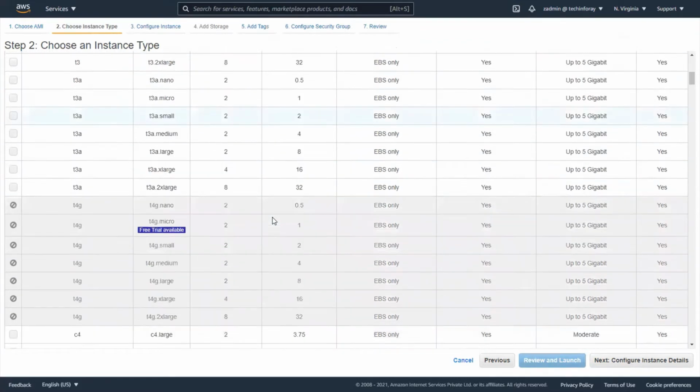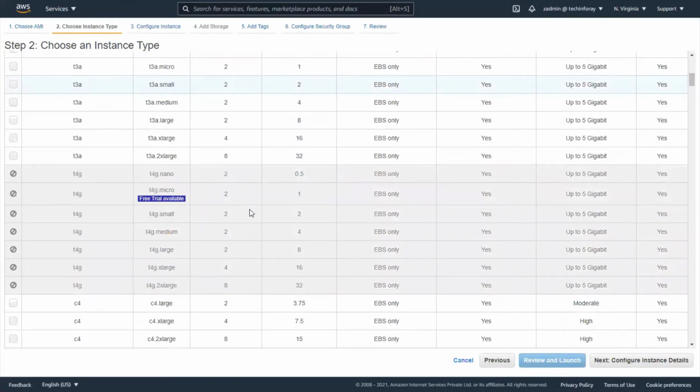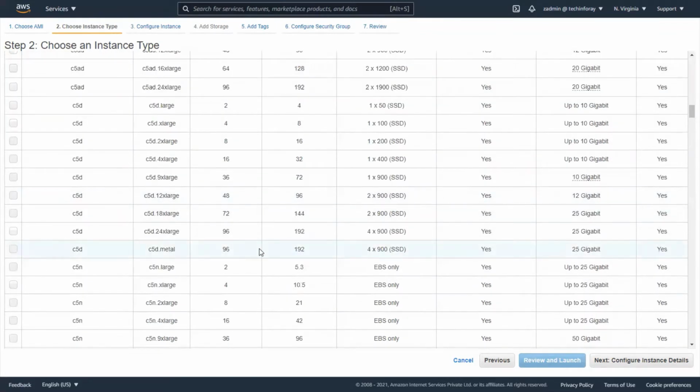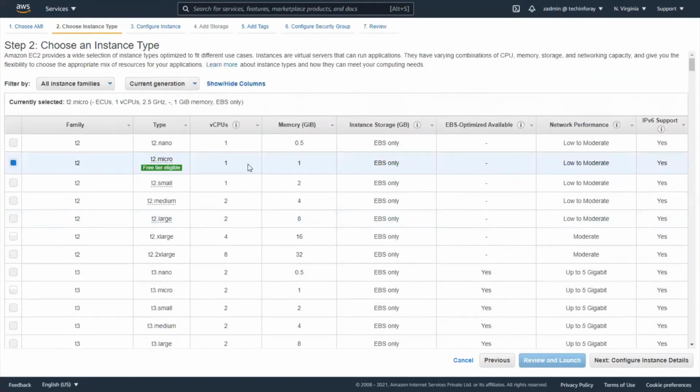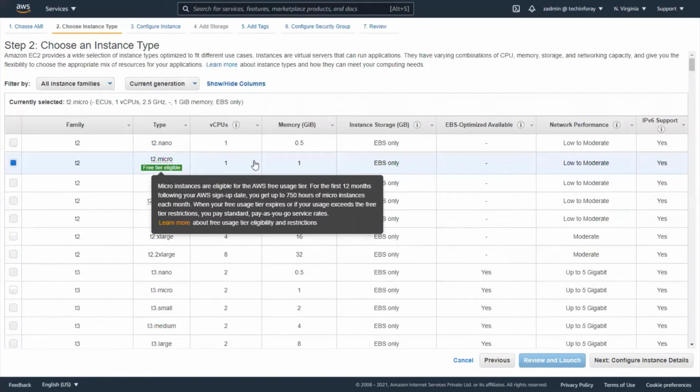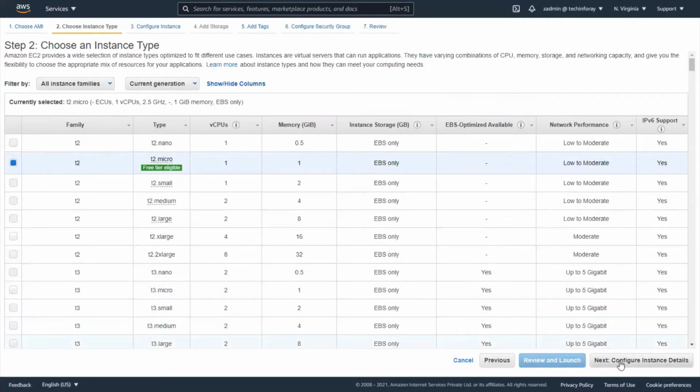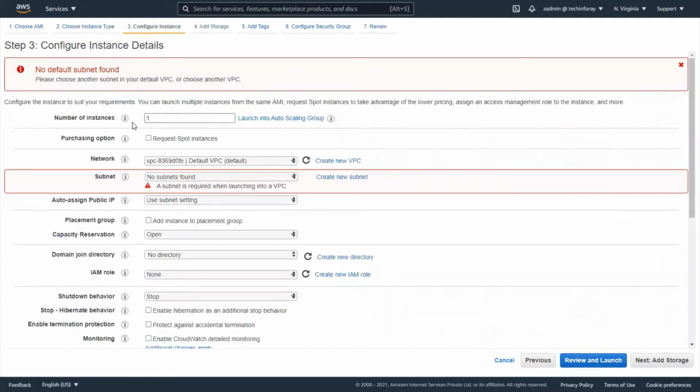So there are different instances in this. You can select any one based on the number of CPU requirements. So if we go down, the CPUs are increasing and the RAM also. So here for our practical demonstration, let's select the T2 micro. It's having one virtual CPU and 1 gig memory, and this is sufficient for our practical demonstration. So let's move forward and configure the instance. So we are going to create only one instance.